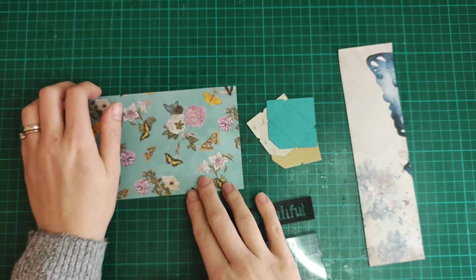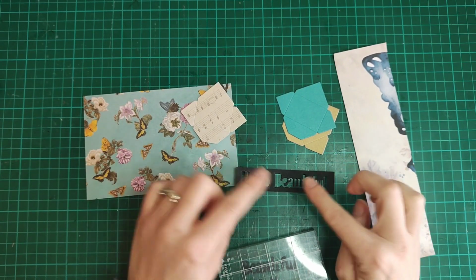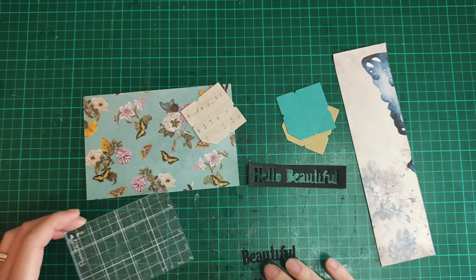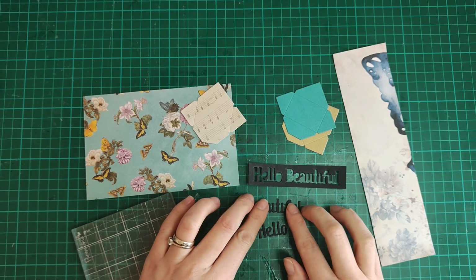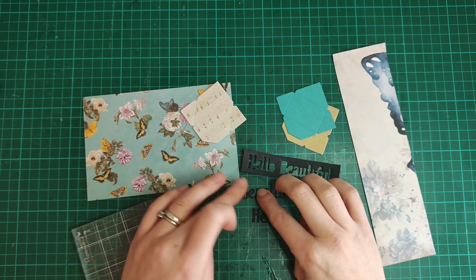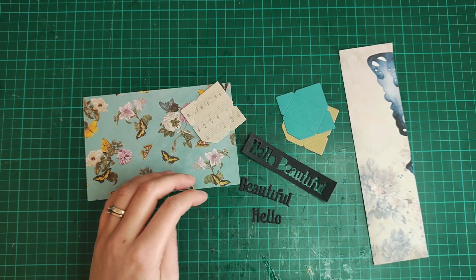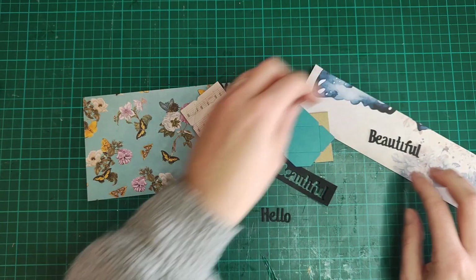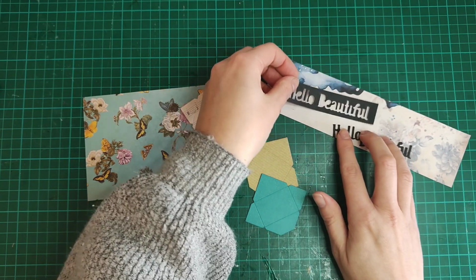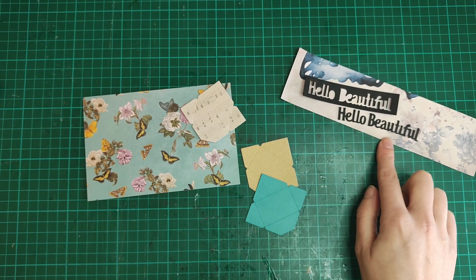Right, okay, so I have each of my different bits and pieces cut out. So I've got my 3 envelopes and I've cut out Hello Beautiful. Now I've got the actual cutout, which I thought actually looked quite interesting. So I don't know whether to use that or the actual words. I did cut it out twice, so I've stuck one on top of each other just to make the letters a little bit more dimensional when they're stuck down. So that's why I just had the acrylic block on there just to push both of those layers together. But yeah, so I've got the words Hello Beautiful. I've also got it, like I said, in that form as well. So I'll decide when it's all together which version, whether I want the actual letters or if I'm going to